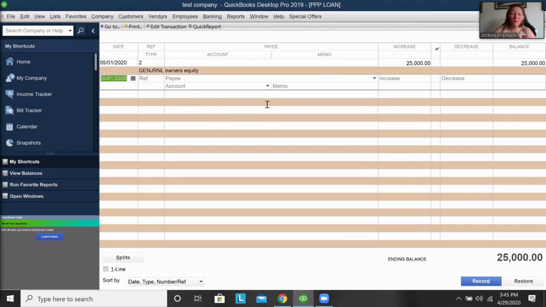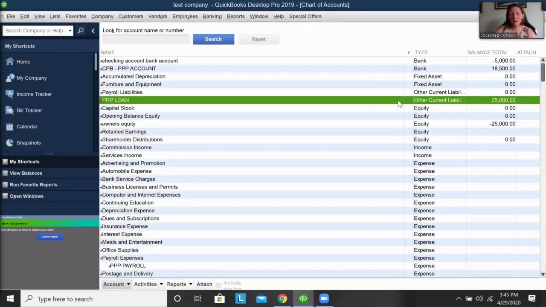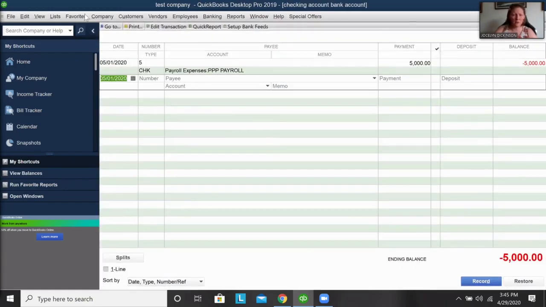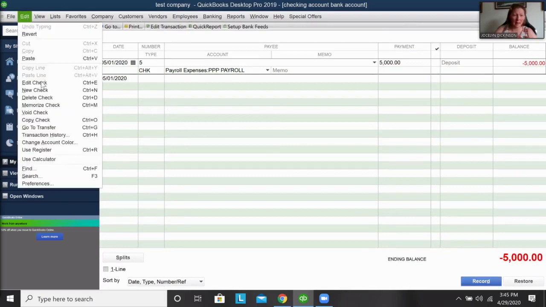In the accounting world, if you're opening up a loan account, it has to have a corresponding account to go to. So you would do it as an owner's equity, let's say, because a loan would technically be kind of income. So then if in a couple of months I'm going to start paying that back,